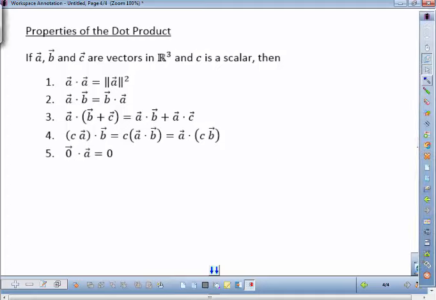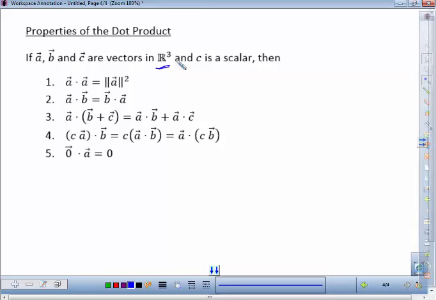Now, this notation, I don't know if we've introduced this notation in class. This is our notation for the vector space that we're talking about. And here we're talking about a vector space in 3 dimensions. Now,